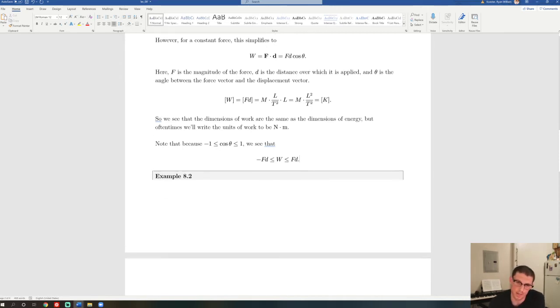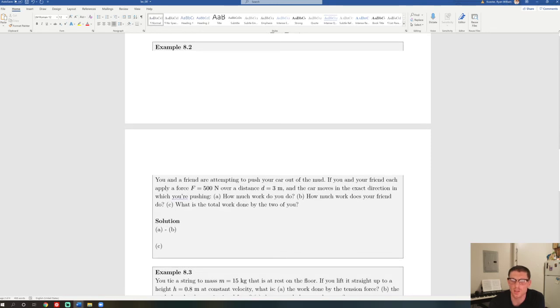We're going to look at an example here now. The example is you and a friend are attempting to push your car out of the mud. If you each apply a force of 500 newtons over a distance d equals 3 meters, and the car moves in the exact direction in which you're pushing, how much work do you do? How much work does your friend do? And what is the total work done by both of you? So